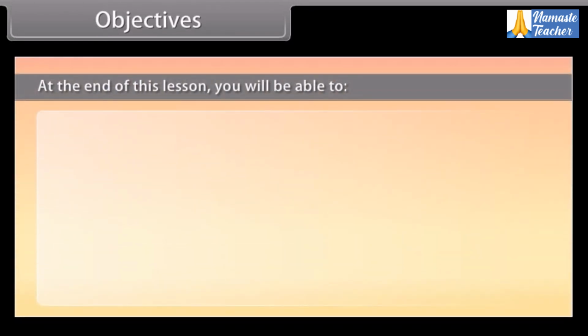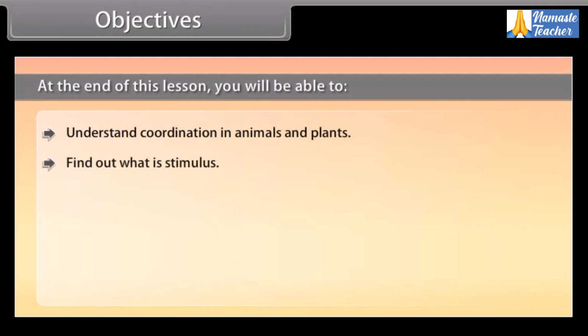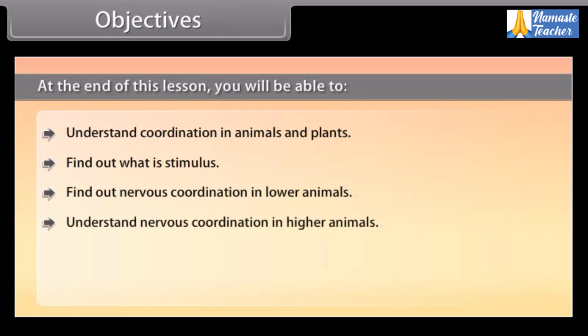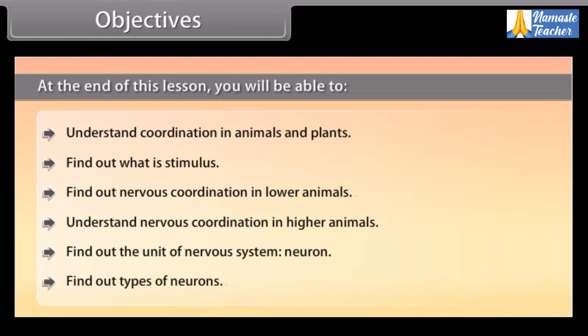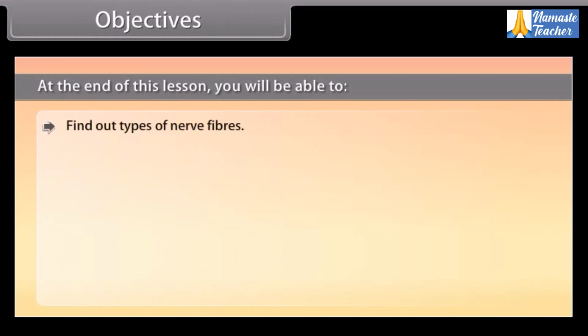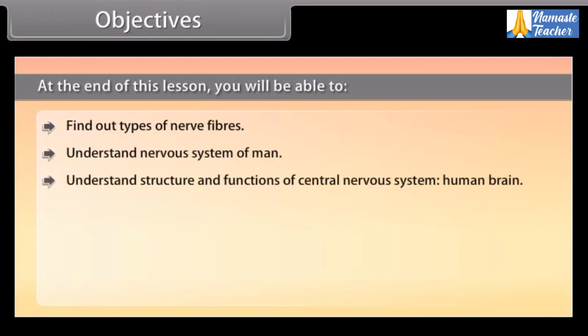Objectives. At the end of this lesson, you'll be able to understand coordination in animals and plants, find out what is stimulus, find out nervous coordination in lower animals, understand nervous coordination in higher animals, find out the unit of nervous system, neuron, find out types of neurons,